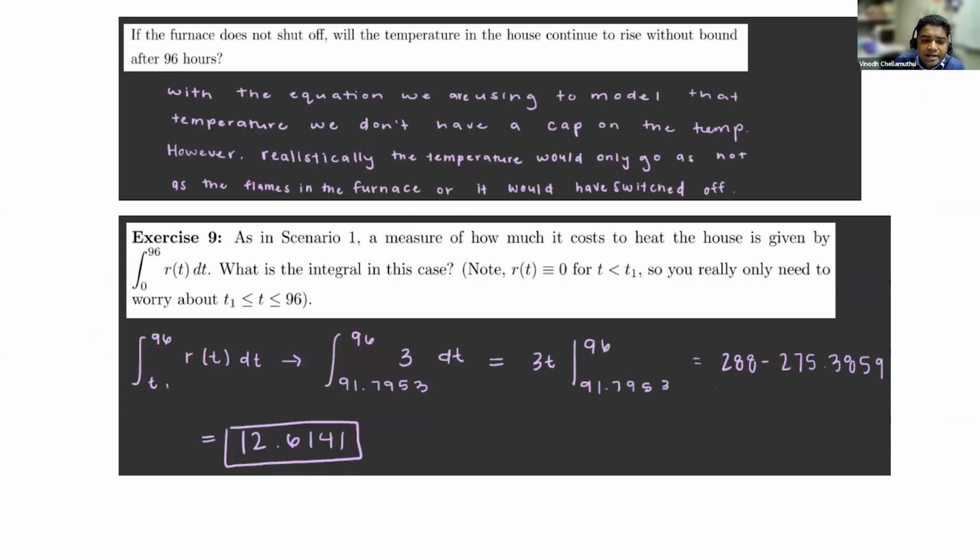So once we get it, previously we accumulated all those, we calculated from 0 to 96 hours of that 0.21, the constant rate of the thermostat coming in. But now here, we're not using it from 0 to 91 hours. We are turning it on again at 91 hours, at 3 degrees per hour. So once you do it, then you get 12.614. Now the students can compare this to